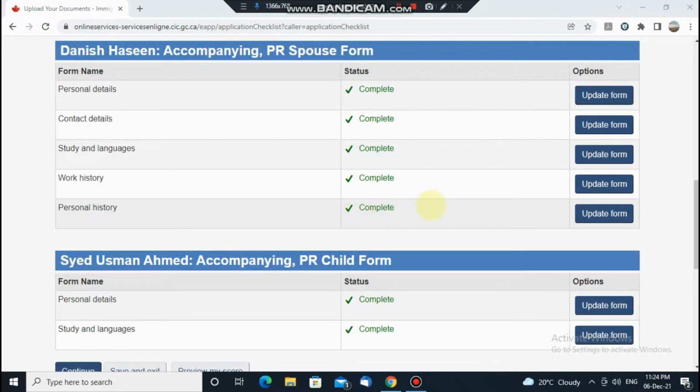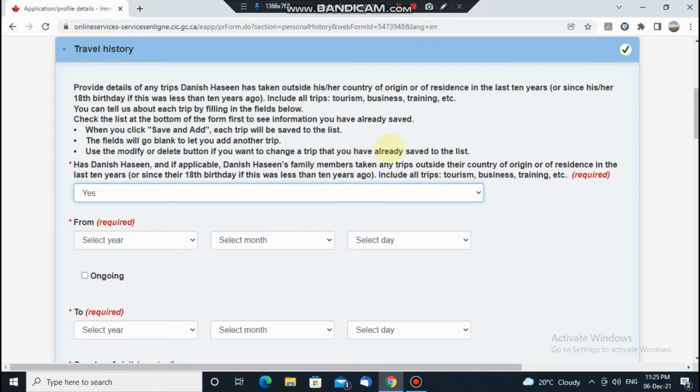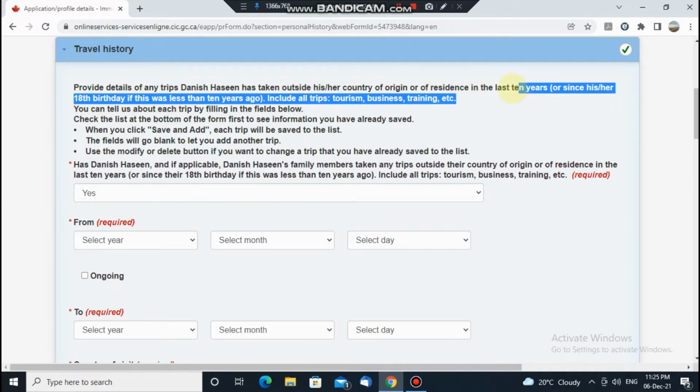The most important part of this application is the personal history, and in the personal history, the travel history. The travel history is very important, because people miss it, covering after age 18 or the last 10 years.